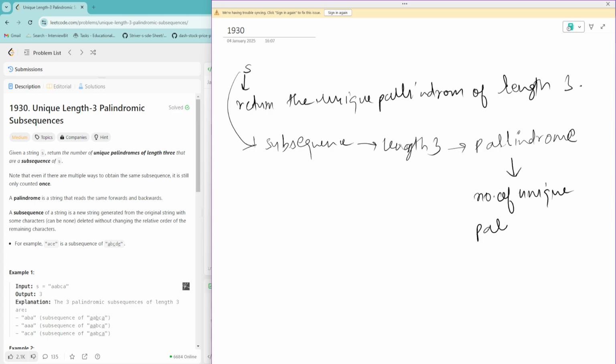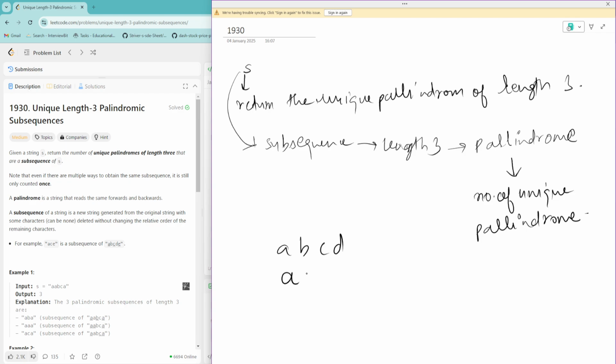Okay, so our first priority here is the given string. If you don't know what a subsequence is and what a palindrome is, basically a subsequence of a string is a new string generated from the original string with some characters deleted without changing the relative order. That is, if we are given a b c d, then the subsequence can be, we can take